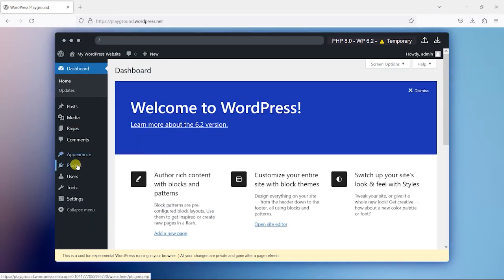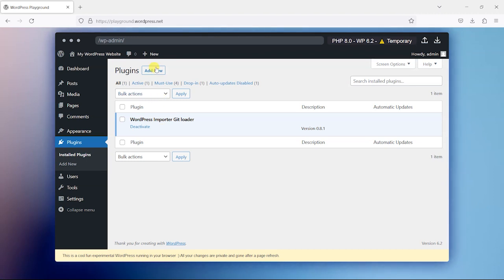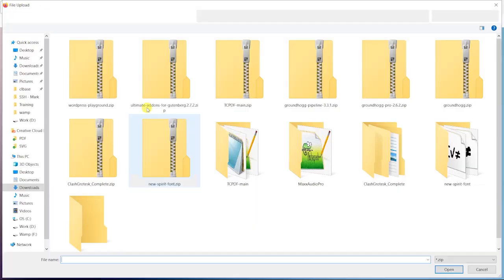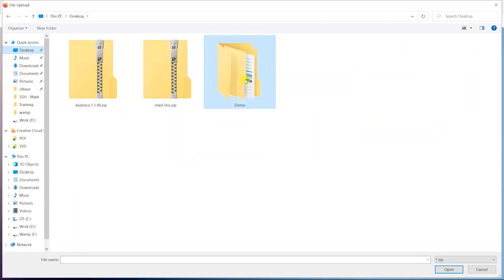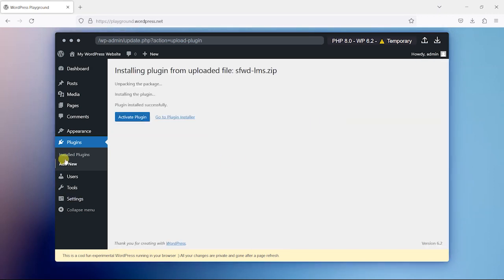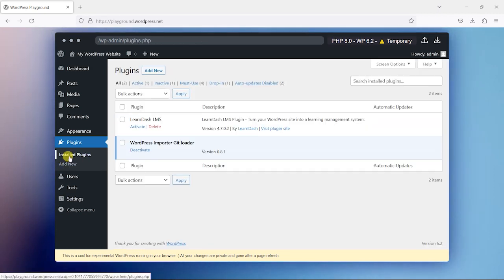If you just install the standard LearnDash that you download from LearnDash's own website, I'll upload that here so we can see it. I've got this in here. Once you click install and head to install plugins and then activate,